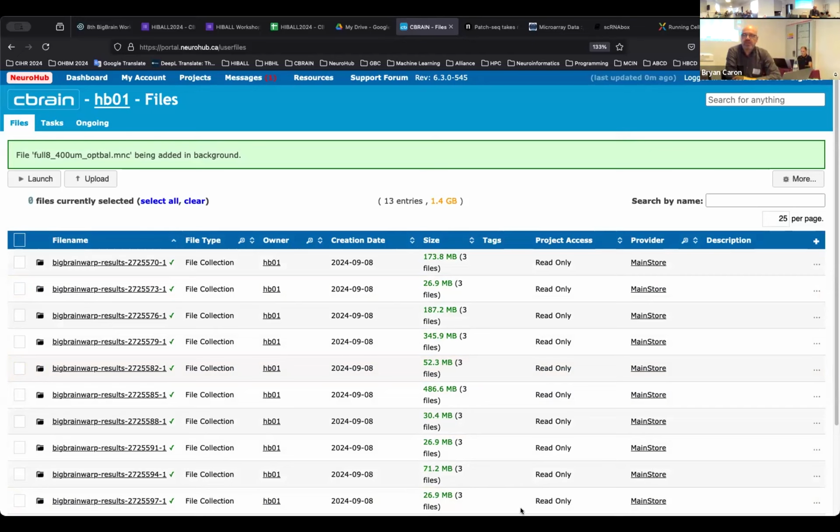In my case, I'm just using any open tool you can use. You can use a command line if you're comfortable with that. There's also one called CyberDuck that I like to use. And within that, all you have to do is tell it where within CBRAIN to connect. We have a specific host name, number and location, okay?